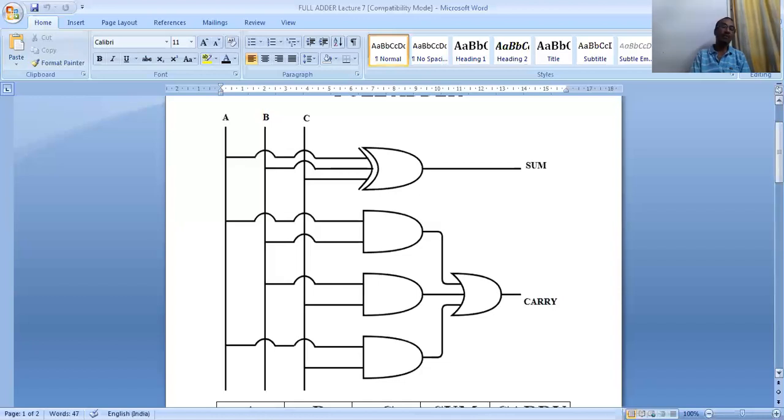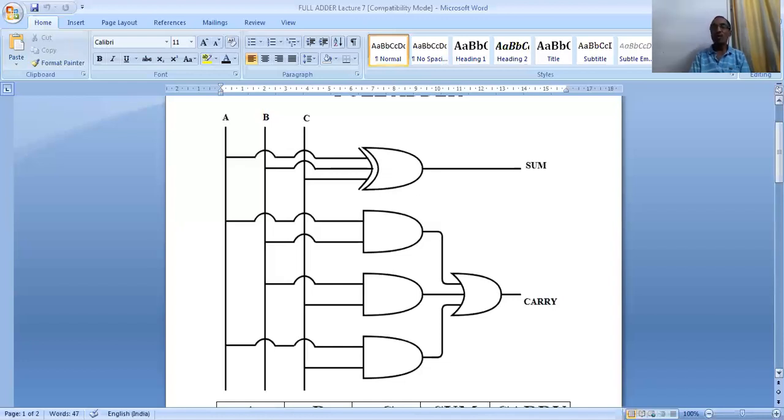Then you should remember the output of all three AND gates should be high. How is it? See here. If A equal to 1, B equal to 1, the output of the first AND gate is 1. 1 multiplied by 1 equal to 1. If B equal to 1, C equal to 1, the output of second AND gate, 1 multiplied by 1, output is 1. C equal to 1, A equal to 1. The output of the third AND gate is also 1. 1, 1, 1, all the three inputs of the OR gate. Therefore, output of the OR gate is 1 plus 1 plus 1 equal to 1.